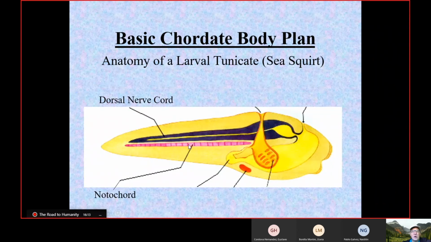So our notochord, our spine, wraps around our spinal cord to protect it. Down here we have the gill slits of this creature where it's absorbing oxygen from the water. We also have a heart, and we have a mouth over here, and the stomach over here, and then the anus over there. So this creature is called a sea squirt because it takes in water and then squirts it